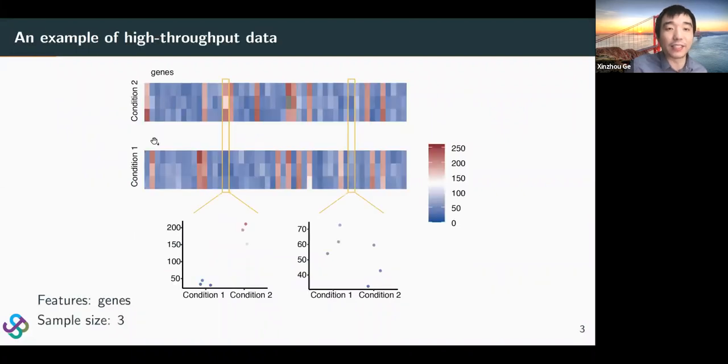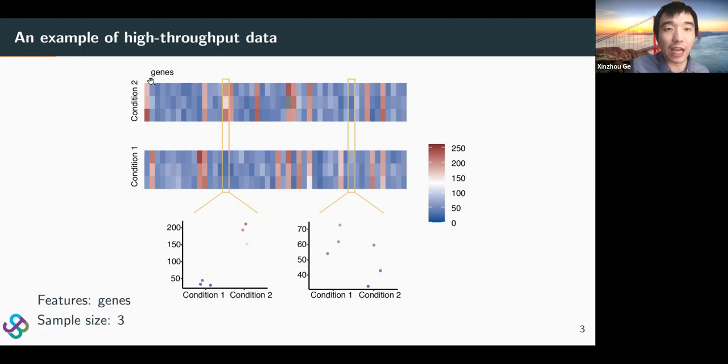So here is an example of the high throughput biological data. From this cartoon, we have two conditions of data, condition 1 and condition 2. In most examples, one condition is called the experimental condition, and the other is called the control condition. For example, the experimental condition can be patients with cancer, and condition 2 can be normal people, so that they don't have cancer. So these are two conditions of people, and